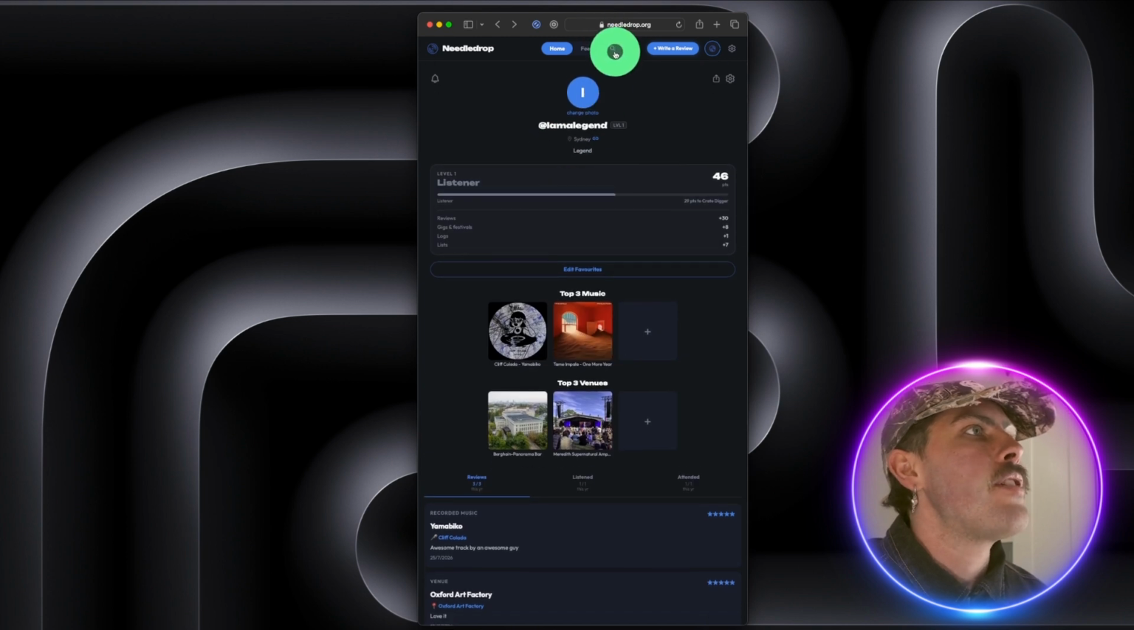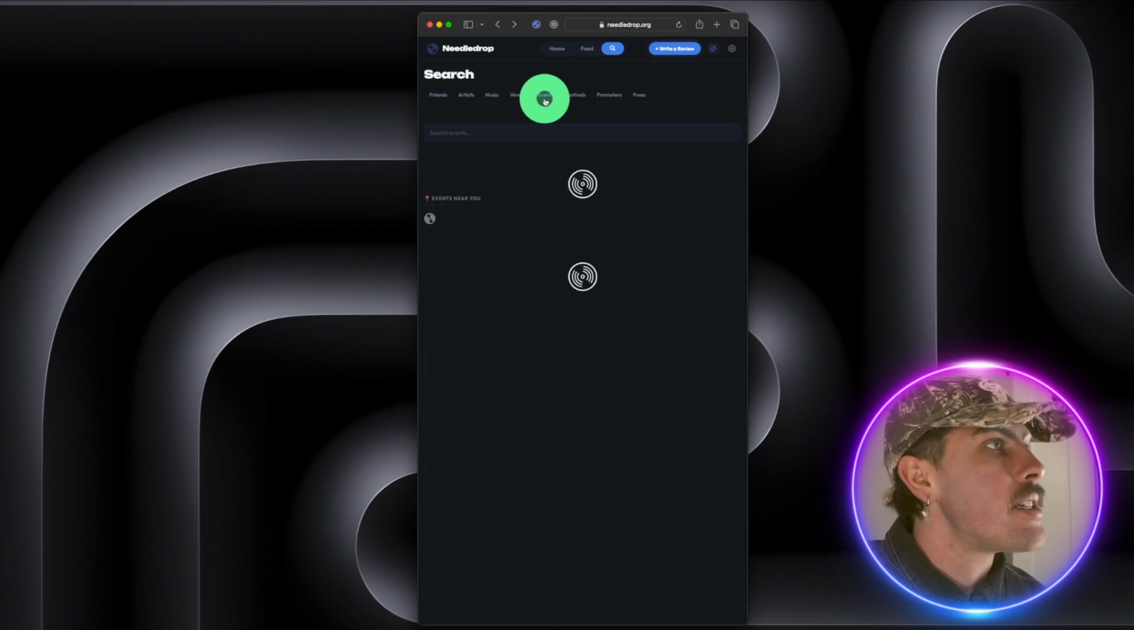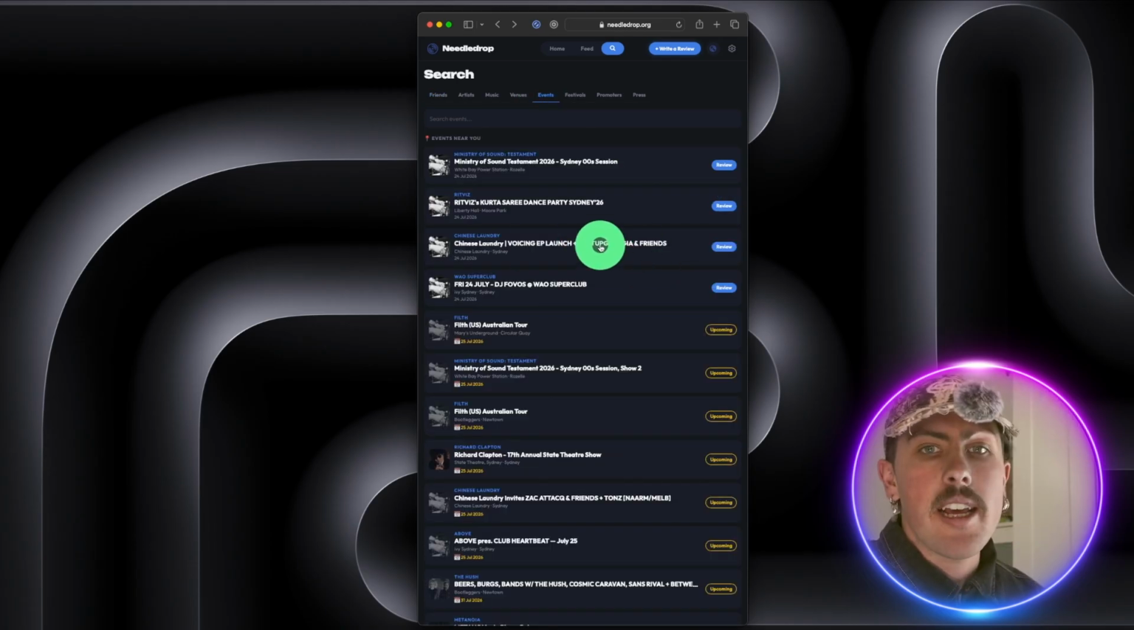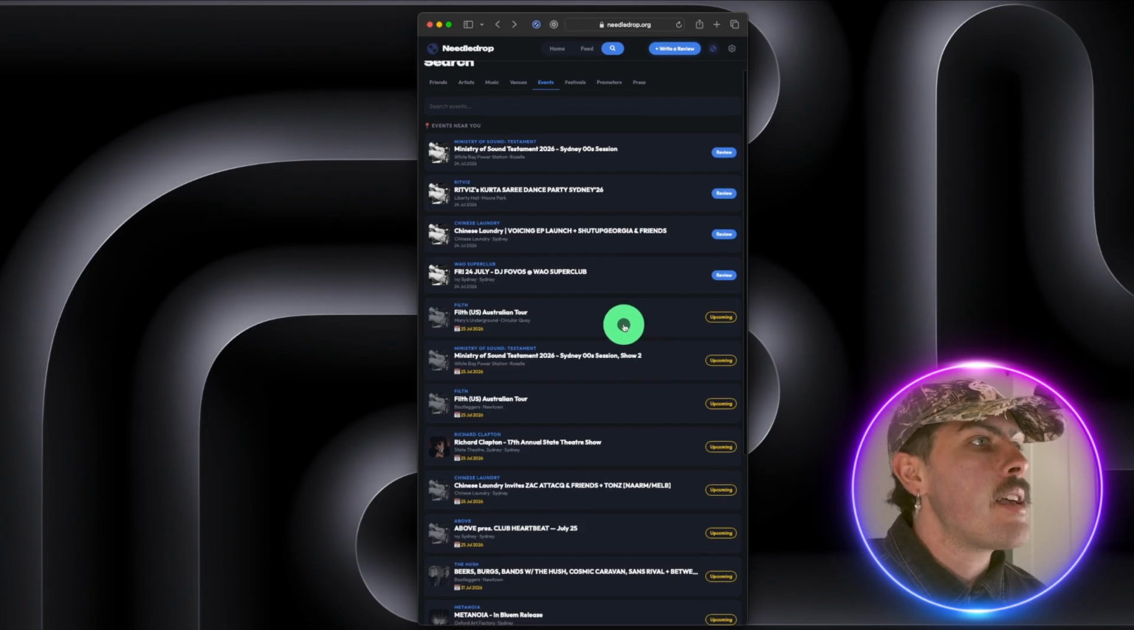Calendar. If we go up to our search tab and we go to events, this is actually going to give me some events near me in Sydney. See how it says upcoming? If I press on this, I believe, or this,